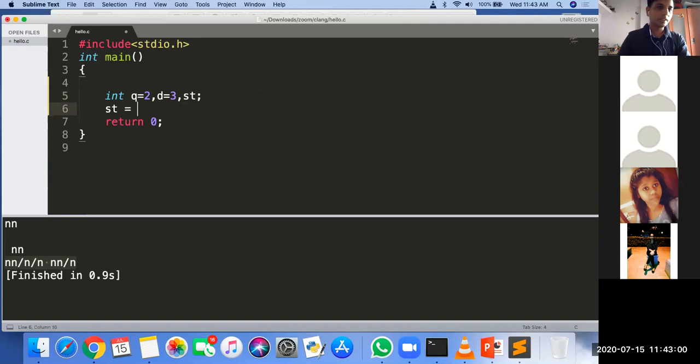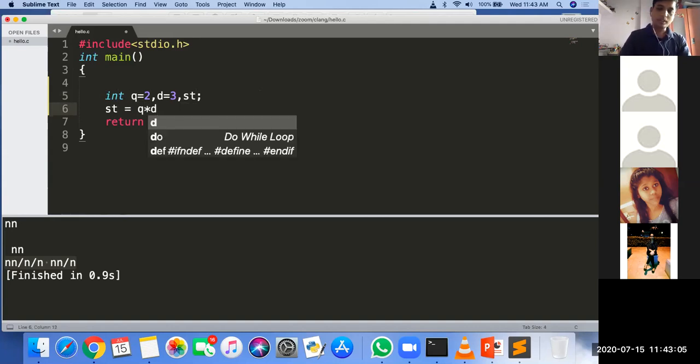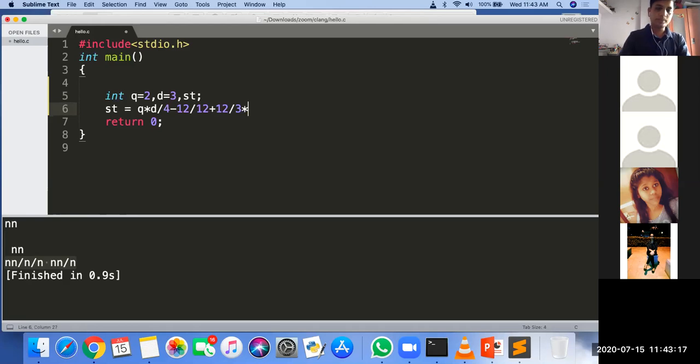The st can be calculated as q into d divided by 4 minus 12 divided by 12 plus 12 divided by 3 multiplied by 16 divided by d, and just print st. Start solving this problem.